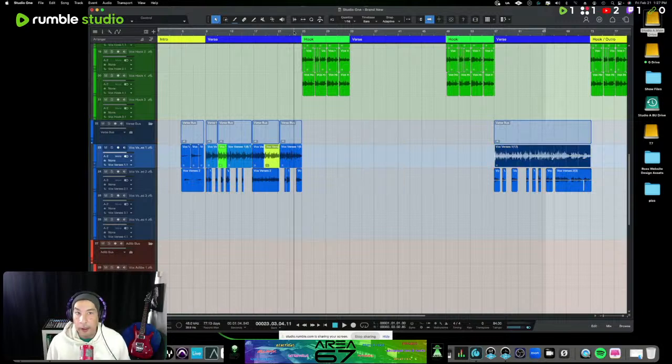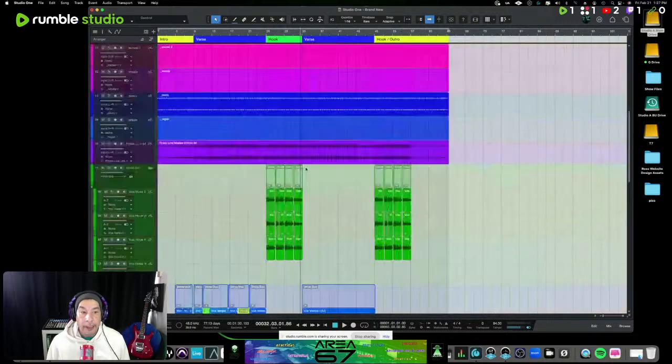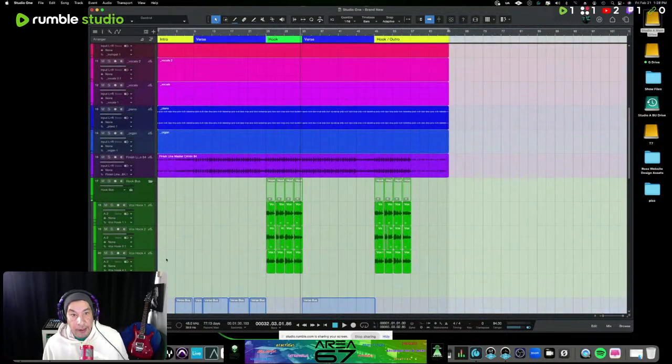So you can do like verse 1 and verse 3 are you, and then you have a feature coming in verse 2. But you weren't planning on that, right? You weren't planning on that at all. But with Studio One, if you set it up in a way like this, then it makes it so much easier for you to go back and edit, remix,